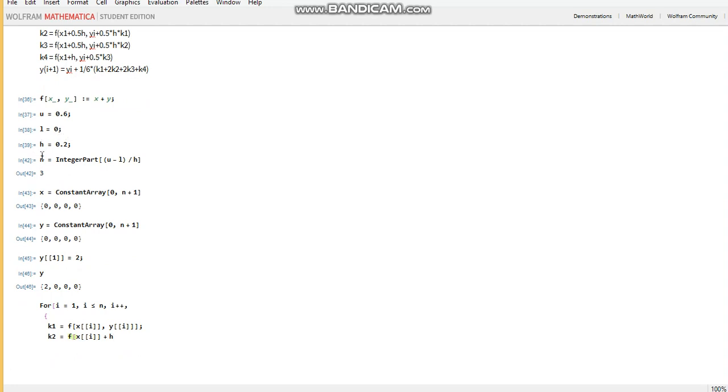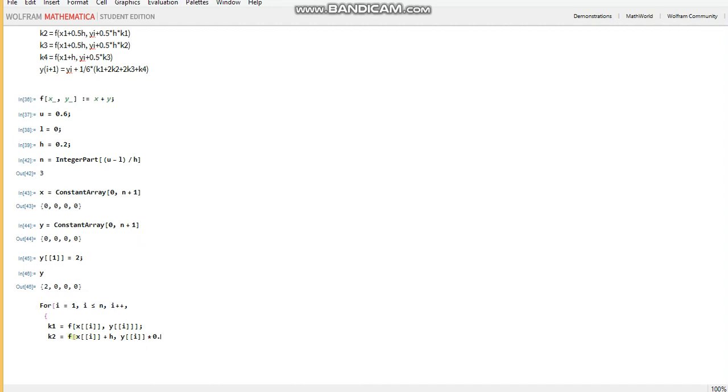And we've already defined what h is over here. So basically this is your x value of the function, and the y value, or the y argument of the function, is y at I,